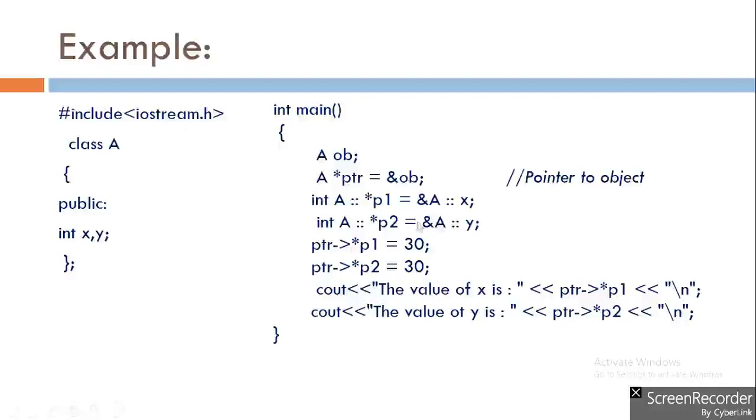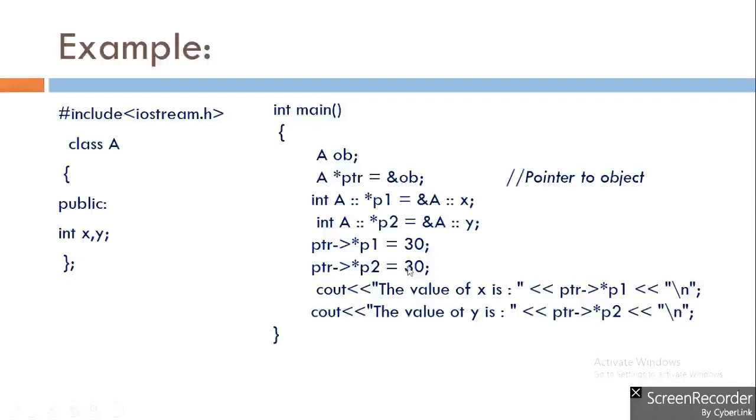Now what I am doing in the next two lines, I am using pointer PTR other than using the name of an object. So here I am using a pointer name. I have to use the pointer dereferencing operator, that is arrow operator with asterisk symbol, and the name of a pointer which points to data member X, that is P1, is equal to the value. Same way I am using the same method with pointer P2 and assigning the same value.